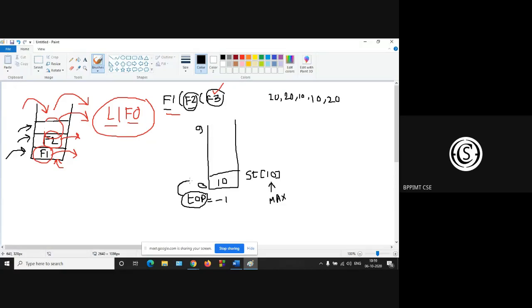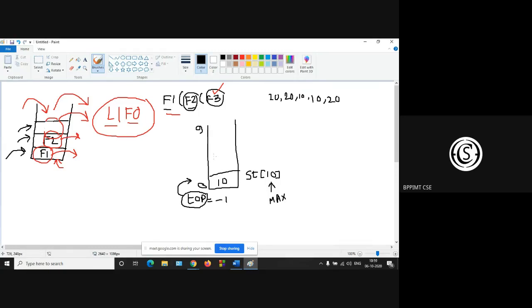So before pushing this element, we have to increment the top. So the condition is, please make a note. For pushing, first increment the top counter or top pointer by 1, then create a space for the new entry, then insert.